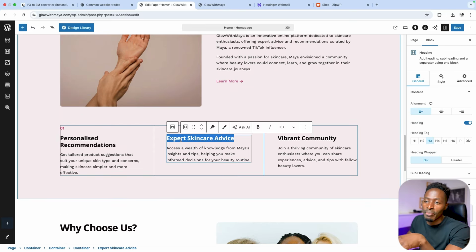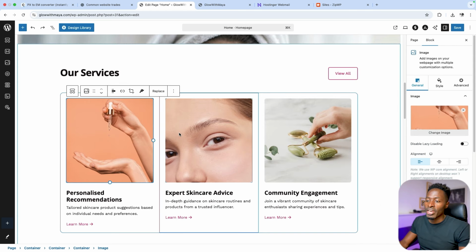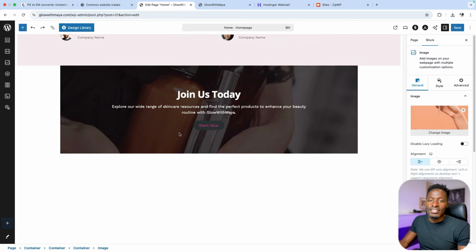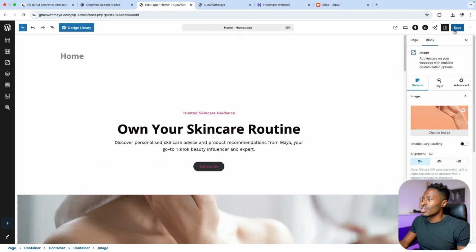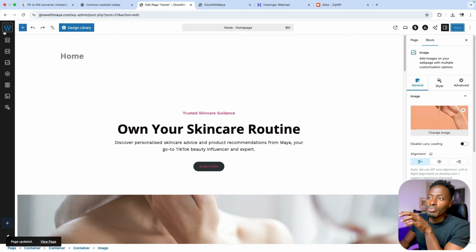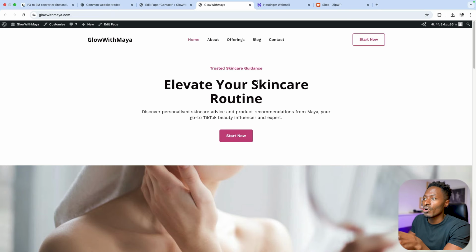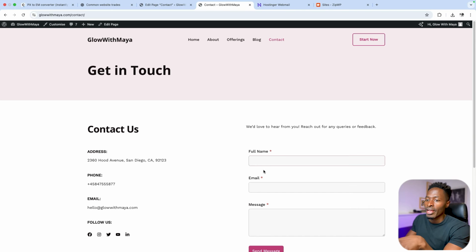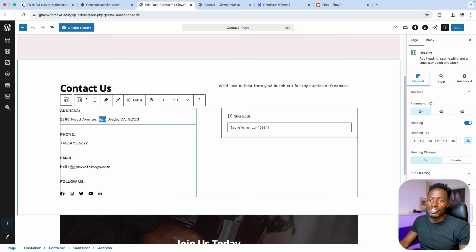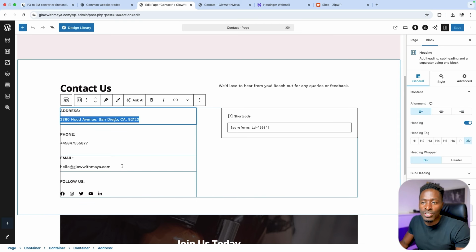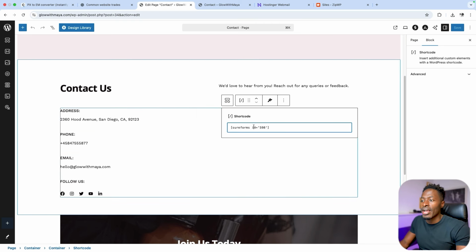You can change the text here by clicking and then be able to type something else that you want to appear on that section. And you can go on and on and on and make those changes by pointing, clicking, and editing. Now, for example, the most important thing you have to look into is setting up your contact page. You see, this contact page is very important because this is where people are going to be able to come and write to you. And how this form is going to work, you can come here to the contact page, change this address, add the address that you want, just type the address over there,